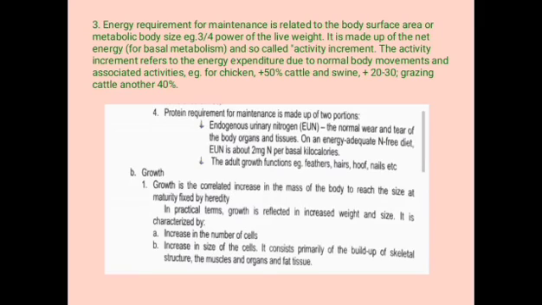B. Growth. Number 1, growth is the correlated increase in the mass of the body to reach the size at maturity fixed by heredity. In practical terms, growth is reflected in increased weight and size. It is characterized by A. Increase in the number of cells, B. Increase in size of the cells. It consists primarily